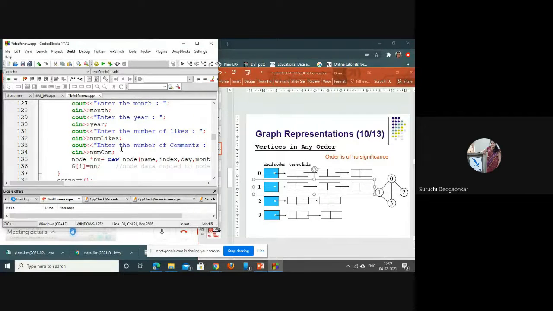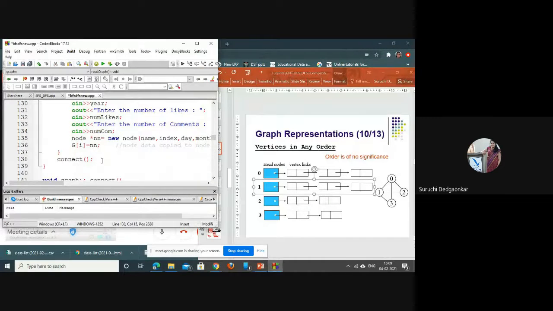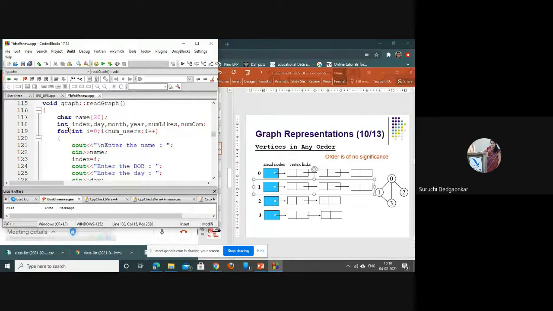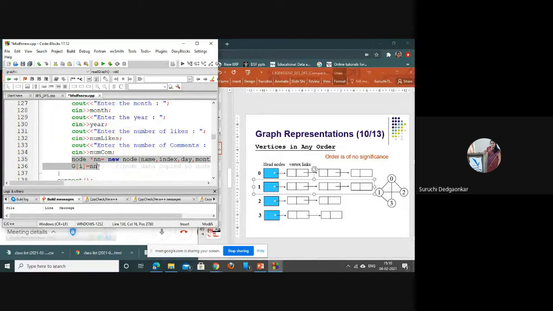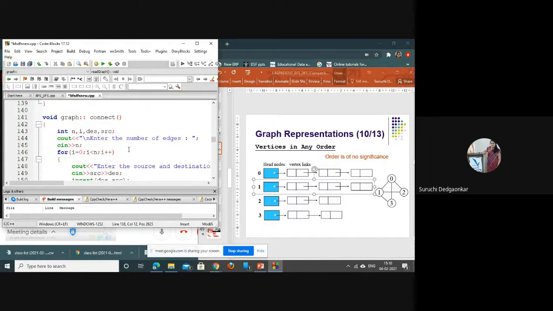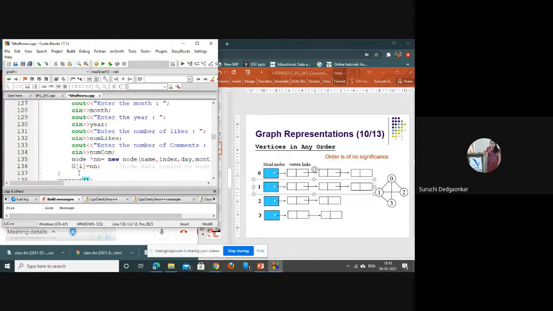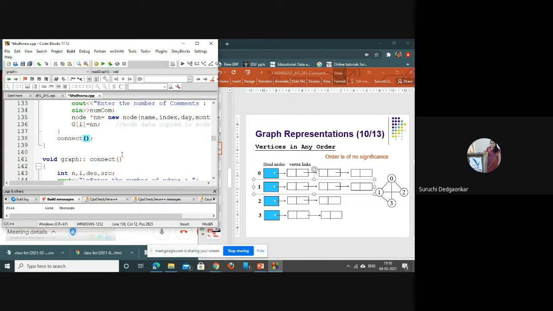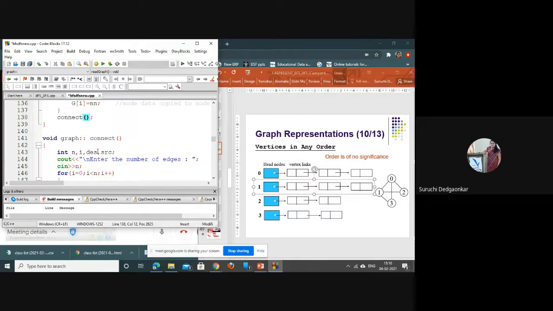So here in this connect function, we are thinking about adding edges. Initially, we have only added vertices in our graph, and for adding edges this connect function is called here. Instead of having another connect function, you can add those instructions here as well, no problem. In the connect function, for every edge we take source and destination.